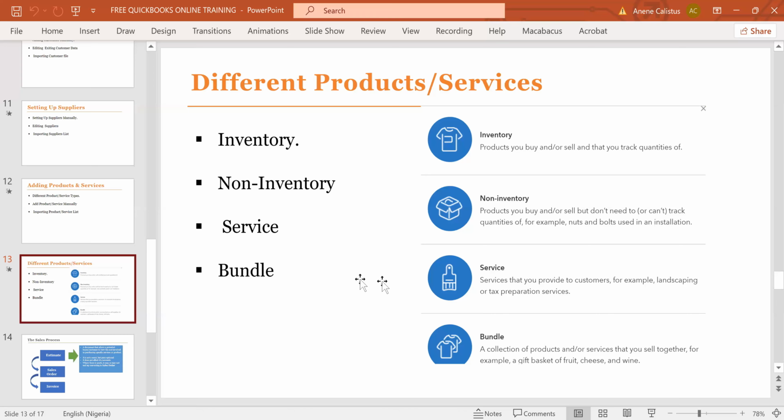Now, a bundle, when you're creating a product and you select a bundle, is simply a collection of products and or services that you sell together, right? Let's say you are selling cheese, you are selling wine, and you are selling fruits, and you are selling a basket, and you decide to sell a basket that contains fruits, cheese, and wine together. That's a bundle, right? A bundle is a combination of different items put together, sold as one piece. Now, let me switch to my software and show us how to set up products and